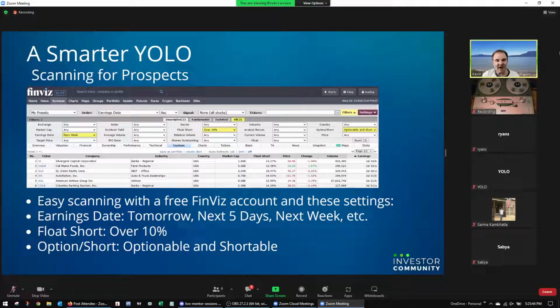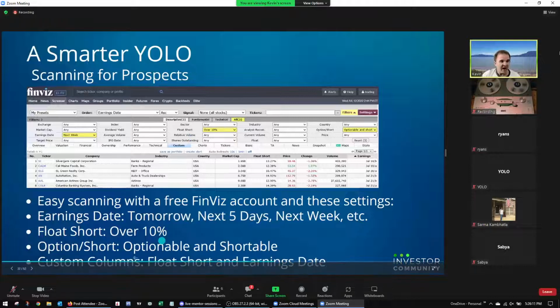By virtue of the fact that it's optionable, it's going to weed out some of the penny stocks because there's no options on anything under $2. There'll still be some of the $3 or $4 stocks. So you kind of got to use your judgment if you want to play on those or not. I usually don't, but you never know. I mean, there can be some good plays there. The important thing, though, is that it's got high short interest.